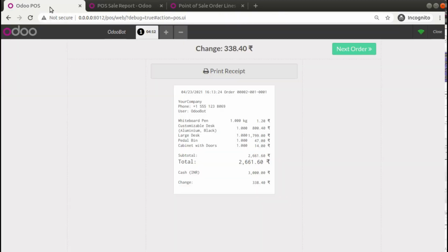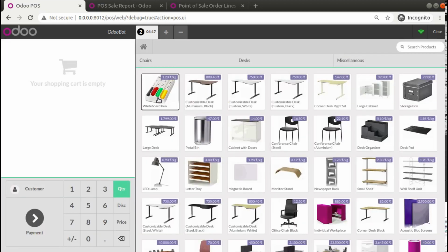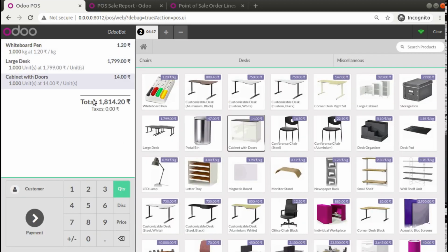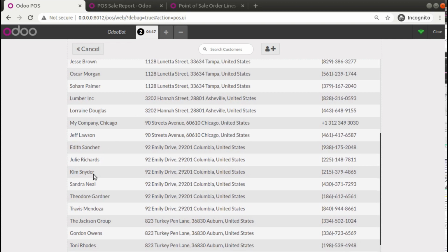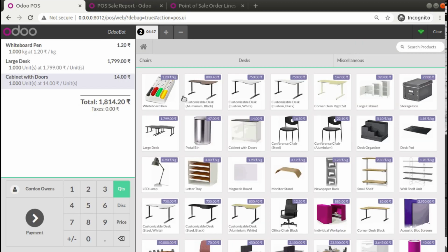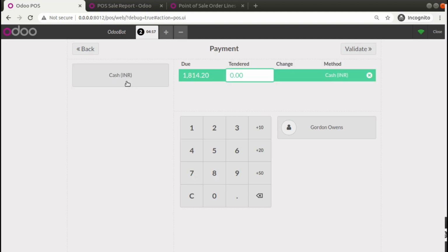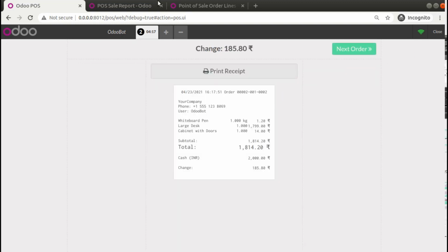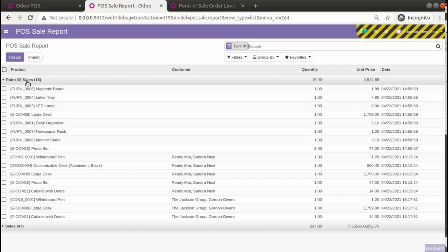So I'll be creating 3 more lines from point of sale, customer. I'll be choosing another one, golden ons, set customer, payment, cash, 2000, validate. And if I come here, you can see 13 has been updated to 16.